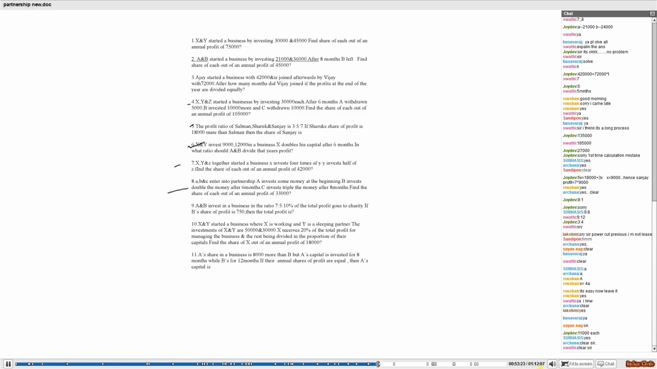Now look at the ninth question, try to solve that, because in this concept they are giving some percentage to the charity. So read the question clearly and try to solve this one. A and B invest in a business in the ratio 7:5. 10% of the total profit goes to charity. If B's share of profit is 750, then the total profit is